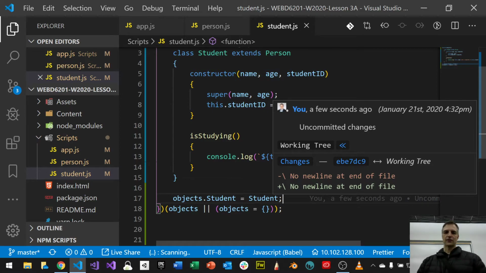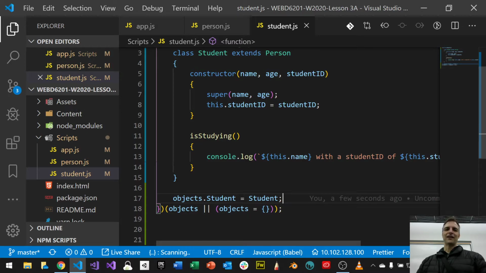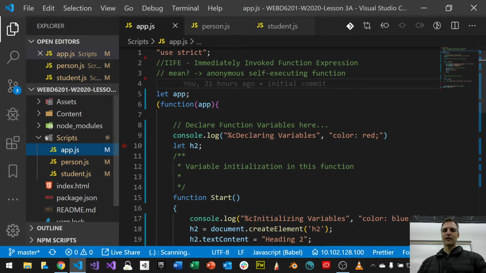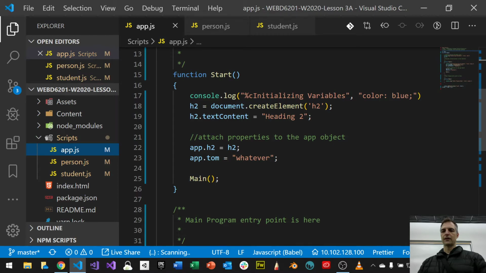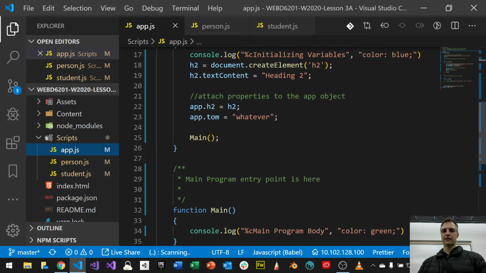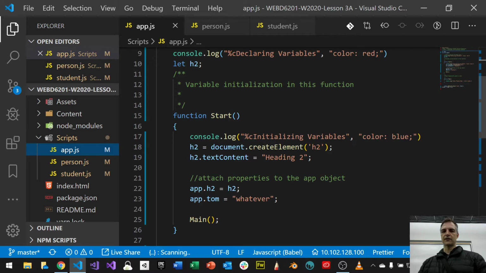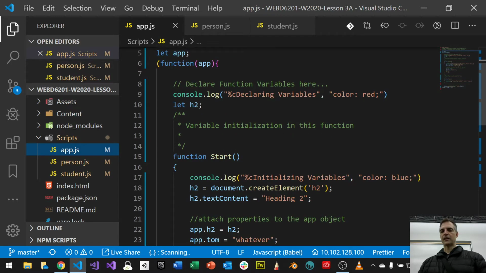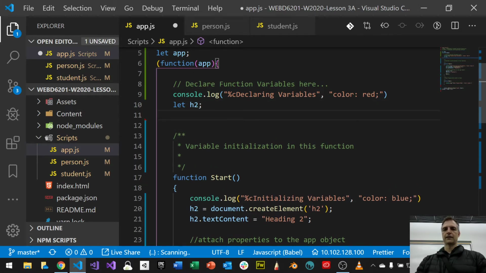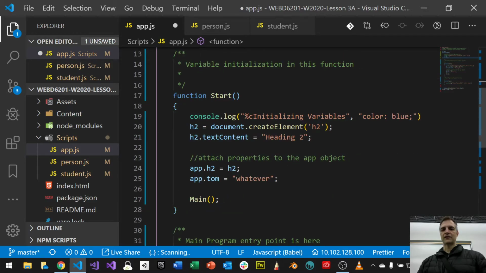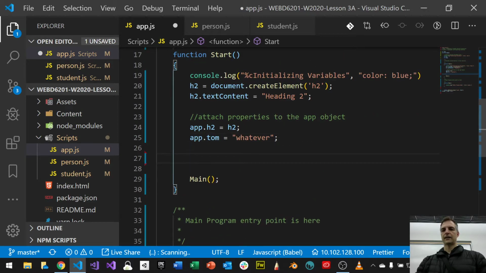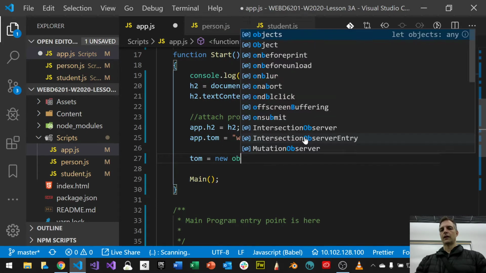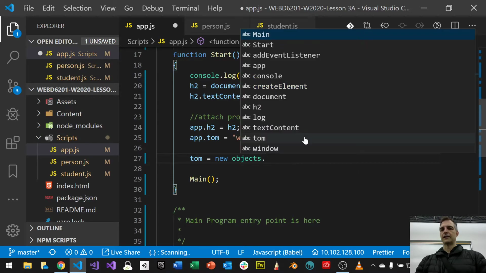All right, let's see if this works. So, yeah. All right, so we've still attached everything, but now if I want to declare a type of Tom, like I want to make this thing here, let's say that inside of my start, so inside of my H2, so in the declaration area, I want to make Tom happen. I want to say let Tom, right? Tom, this is the thing. And then inside my start function, this is a real thing now. I say that I want to make a new thing called Tom. Tom is equal to a new, and I start typing the word objects dot,